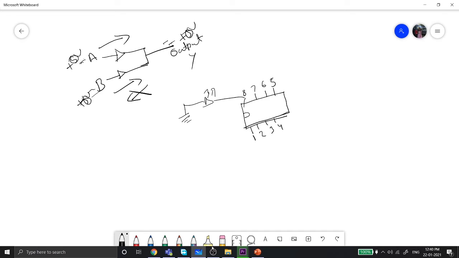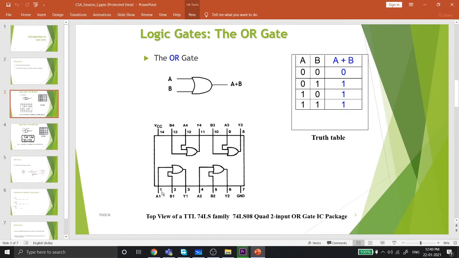This is not important, I am just explaining what an IC is. So that's what we see here: first pin, second pin, third pin, fourth pin, fifth pin, sixth pin, seventh pin, 8th pin, 9th pin, 10th pin, 11th pin, 12th pin, 13th pin, and 14th pin. So this is a quad input IC,